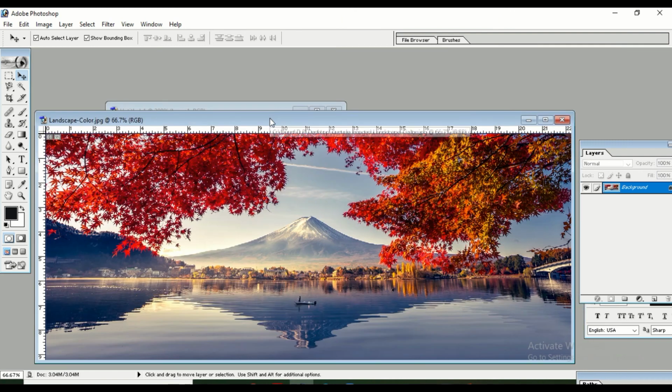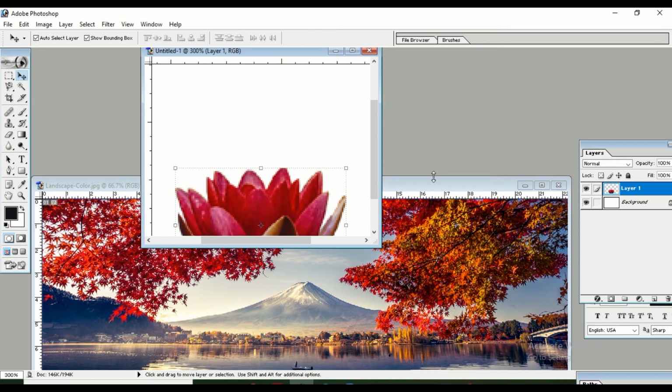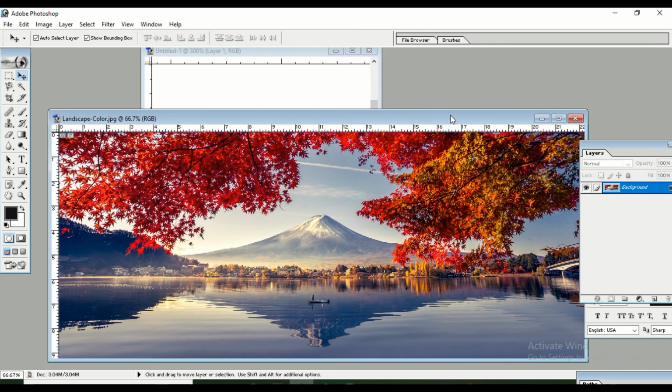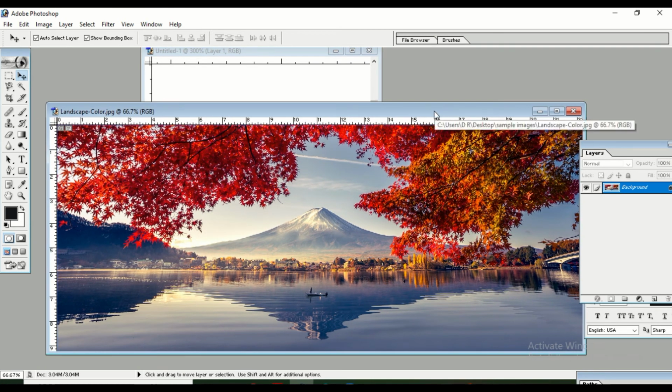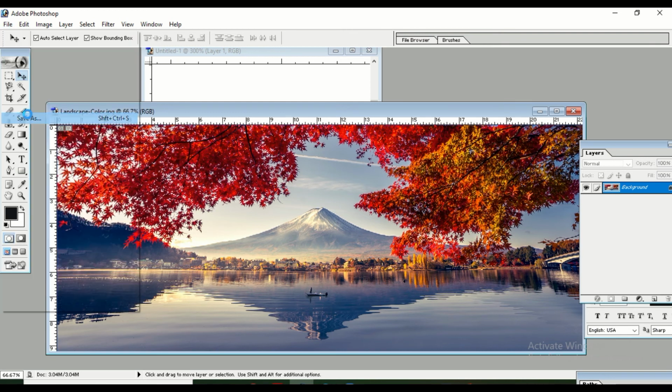Okay, now you can see two files are opened here. This one has the cropped image, and this is an image file that we want to keep in the background. Now click on this file so that whatever changes we make will be done in this file.